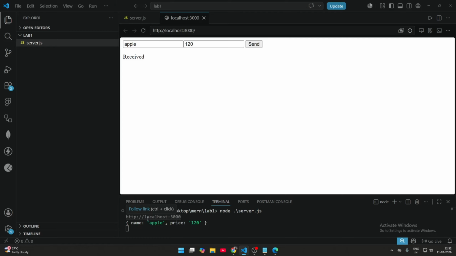In the next video, we'll develop a simple authentication mechanism using email ID and password with HTML and Express.js using